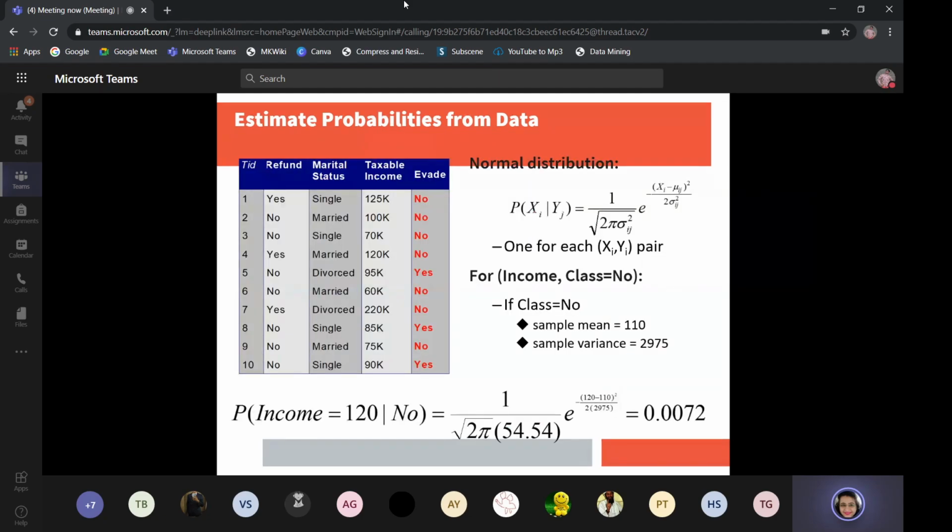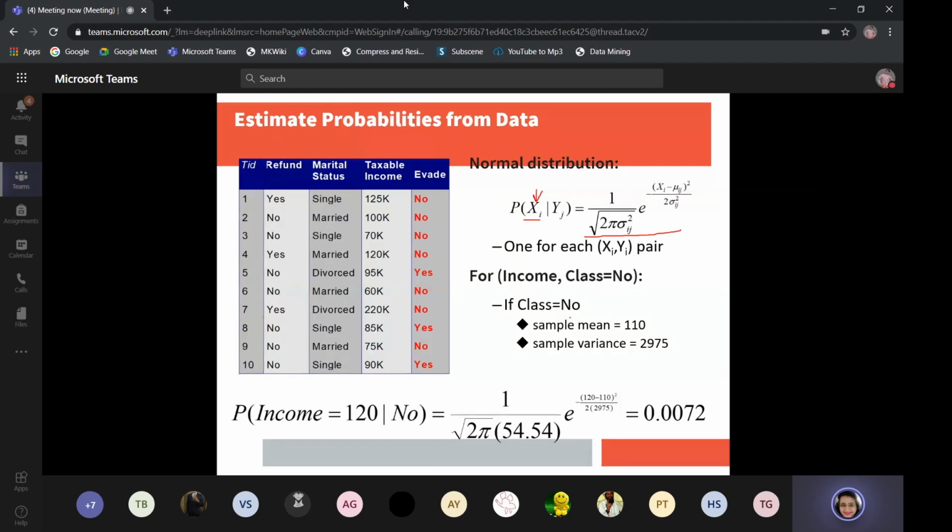Yes, this is the probability distribution of a continuous variable for a given attribute x, given class y. It is x minus mu square divided by twice the variance, and multiplied by 1 by root 2 pi sigma. This is for Gaussian और normal distribution. Normal या Gaussian distribution same होता है, इसके अलावा भी बहुत सारे distribution होते हैं, but if we assume a normal distribution, then this is the probability estimate.